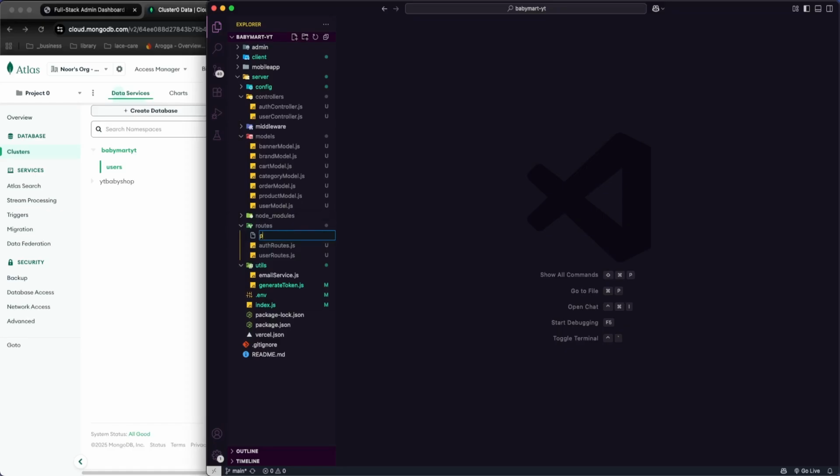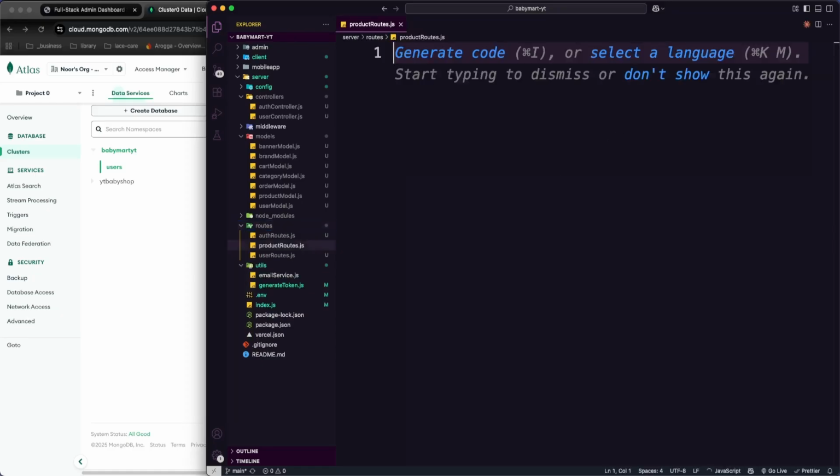That should be product routes. Yeah, I think routes should be enough. Yeah, routes.js. So in the product route, what kind of things are gonna happen? We're gonna create our product, we're gonna add product, delete product, update product, the same parameters, we're gonna just render on that. So first of all, if we just go directly over here,